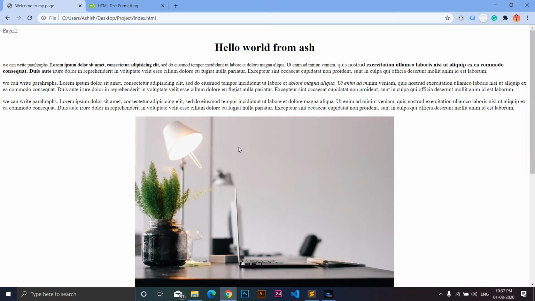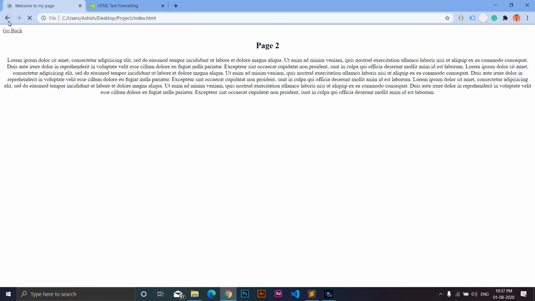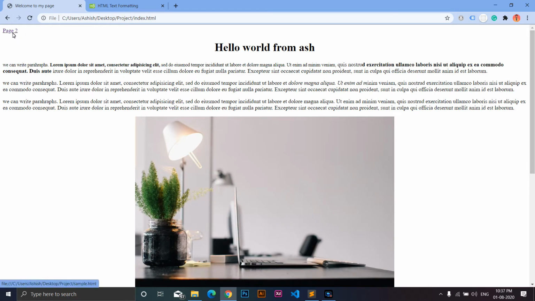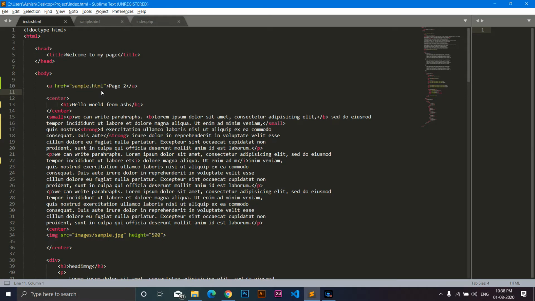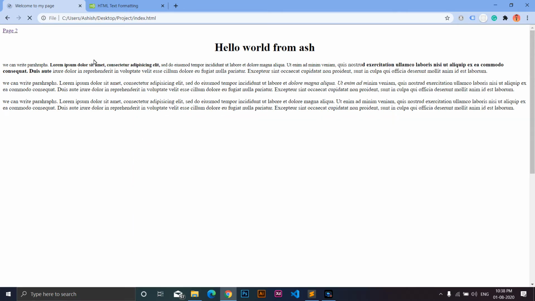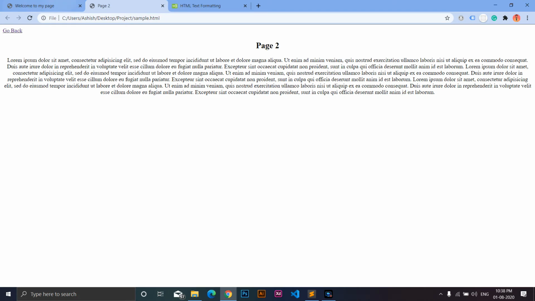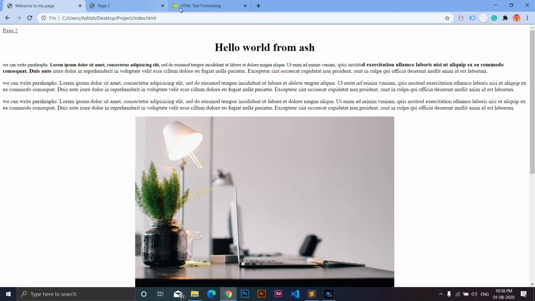We can do one more thing with the anchor tag. When you click on the link, it is actually opening in the same page. If you want to open this link in another tab, for this you can just add an attribute in the anchor tag named target, and the value of this target attribute is going to be underscore blank. And save it. Now go back to your page, and if you click on this link, it is actually opening the new page in a separate tab. So you can do that if you want.